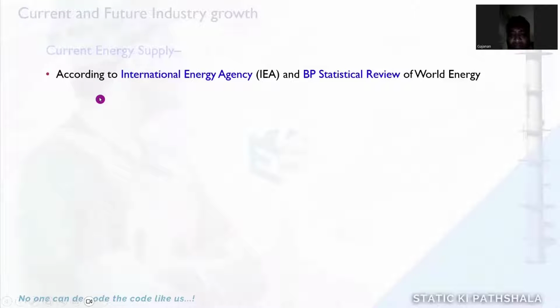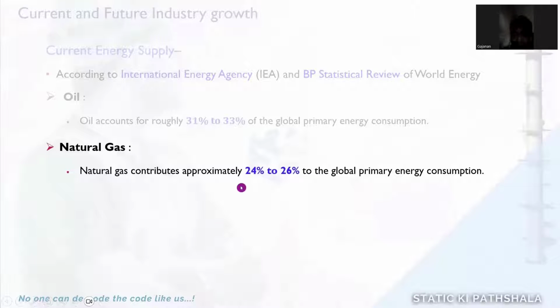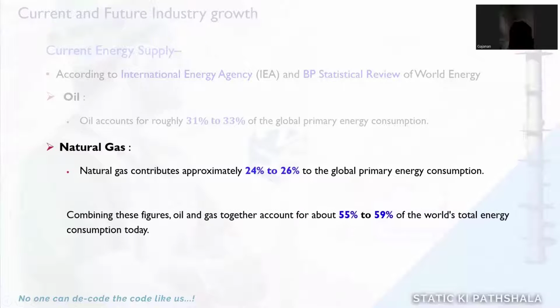So as of now, in 2024, we are going to see how the energy split has been. According to the International Energy Agency, that is IEA, and the BP Statistical Review of World Energy, oil currently is contributing 31 to 33% of the energy needs of today's world. And natural gas is also contributing approximately 24% to 26%. So together, oil and gas is contributing 55 to 59% of the world